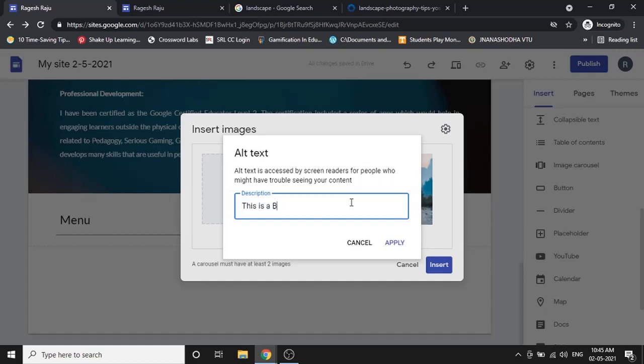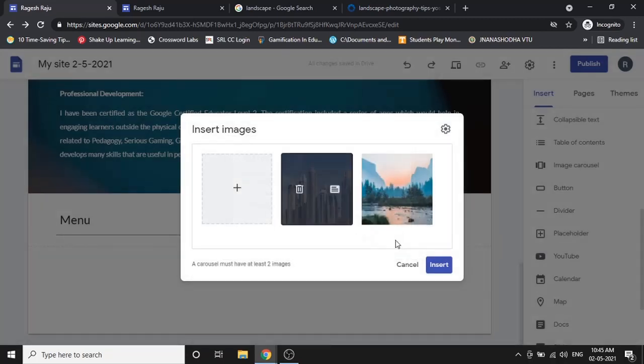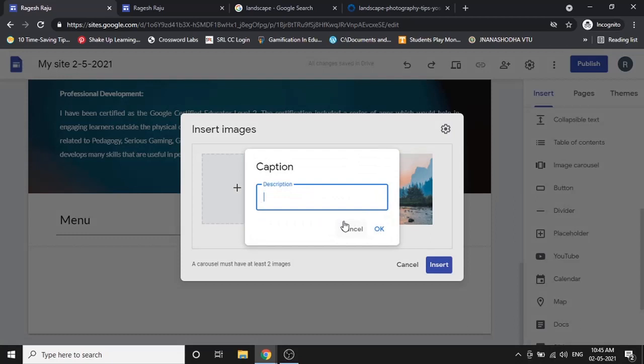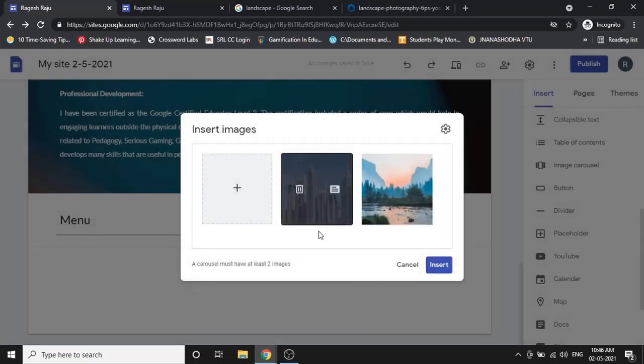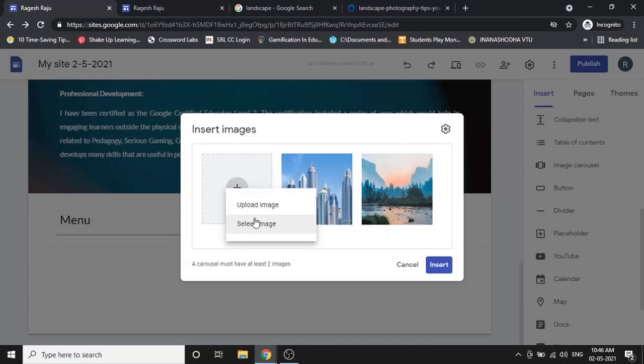This is a building. Sorry, spelling mistake. Okay, I click on caption. Just give it as great building. Okay, something like that. I click on OK. If you want to add more images, you can always add that.